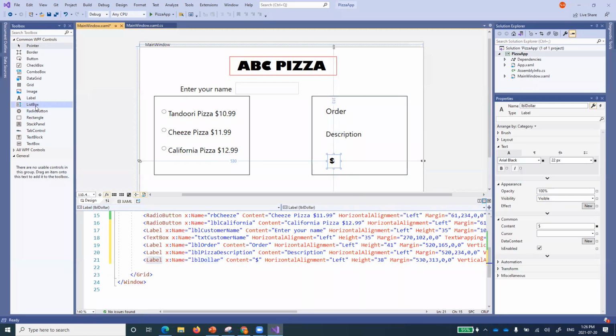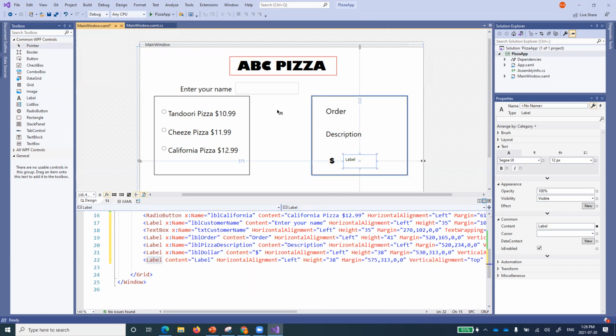Now bring one more label and draw it just beside that one, where we will display whatever amount has been gathered. I'm calling it LBL amount. The amount will come over here. I don't want anything inside that one right now.